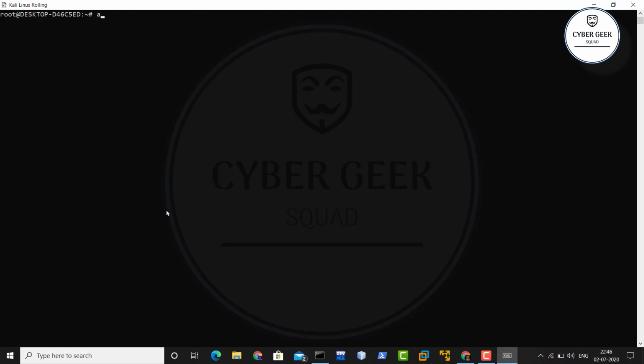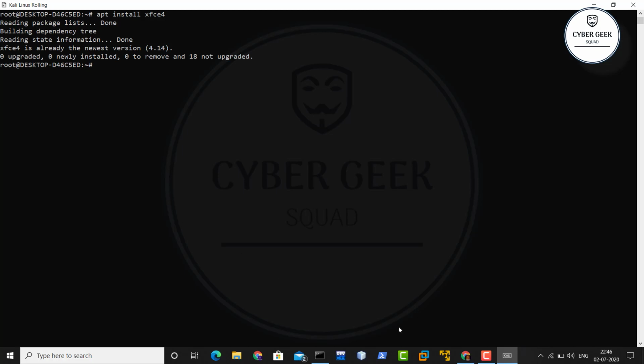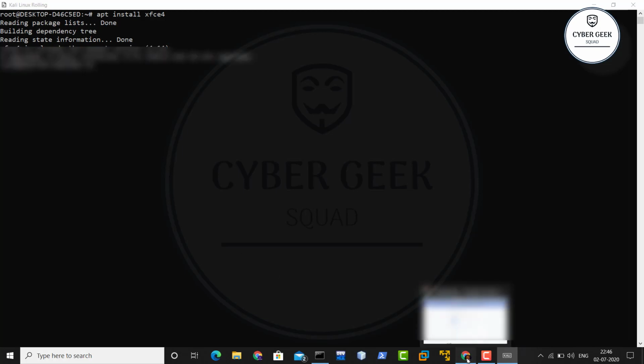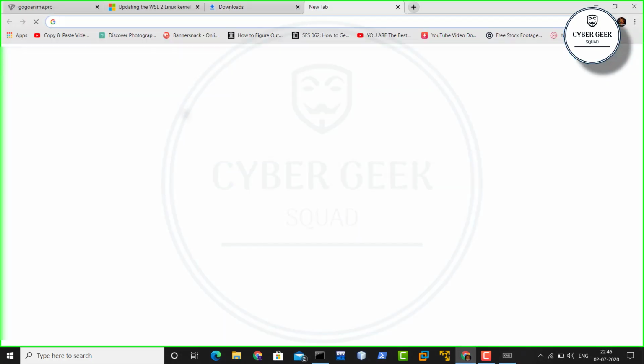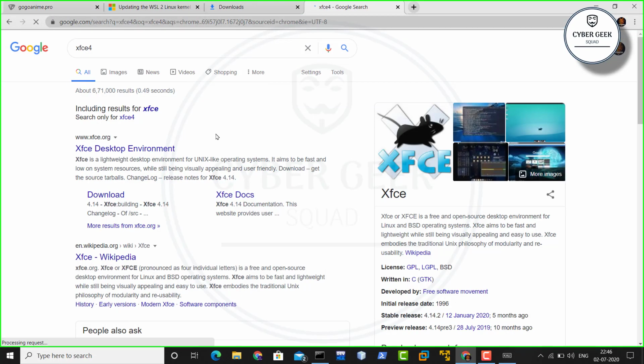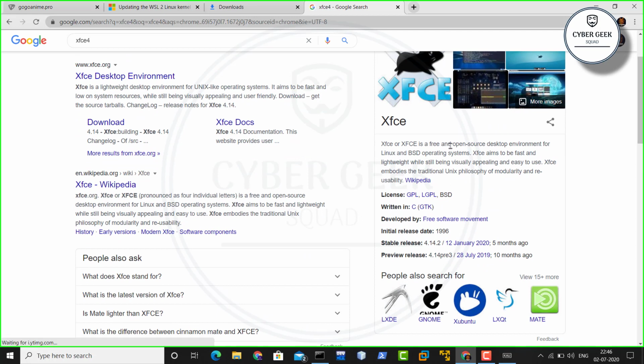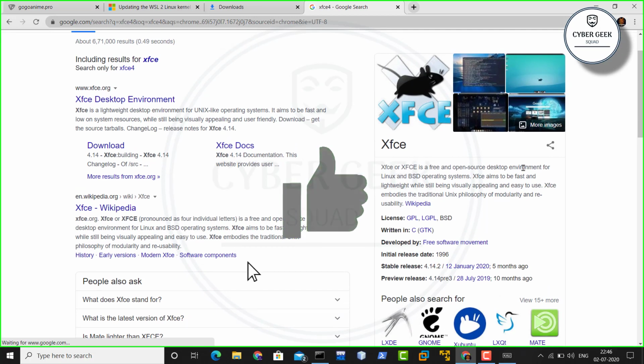Okay, so the command is very simple. You have to type apt install, sorry, the spelling is wrong, install. You have to type here xfce4. Let me just open my browser and tell you guys what xfce4 is. xfce4, and hit enter. Now if you see over here, xfce is a free and open source desktop environment for Linux and BSD operating systems, which gives you a GUI mode, and it is like